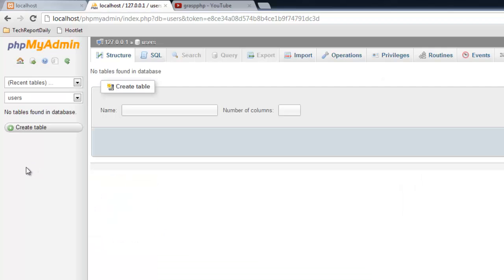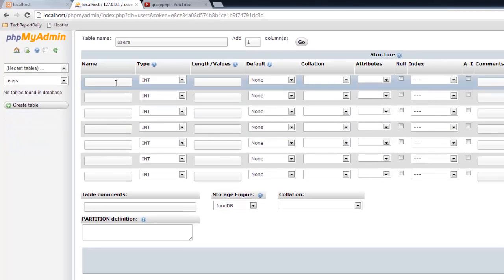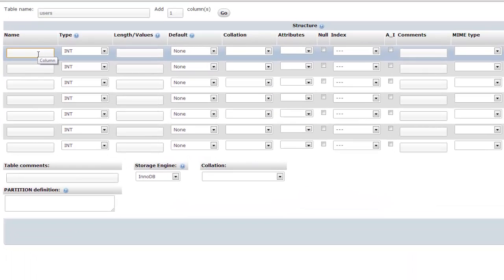So if I go into users down the side here, it gives me the option to create a table. I want to create a table called users with 7 fields in it. Obviously these fields are adjusted to the information you want to store. Like you may want to store the person's address, their phone number, or anything else really, like their age, their date of birth, or their sign up date. You may want to store any of this information, but we're just going to go for the basic